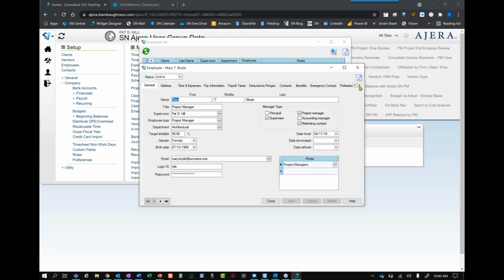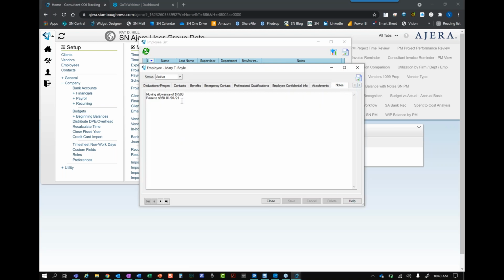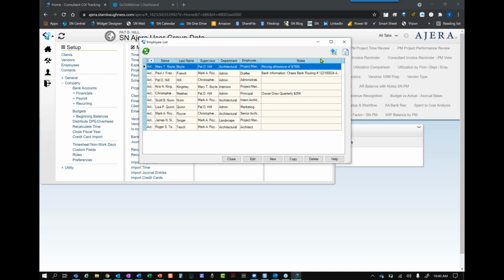And what we see sometimes is that those notes might contain confidential information that you would never want anyone to see. And we don't realize that we've exposed this information because we realize that in security, very few people have access to open the employee records.